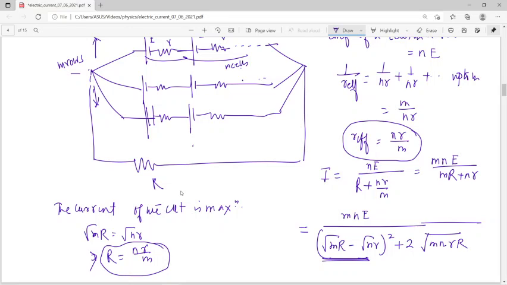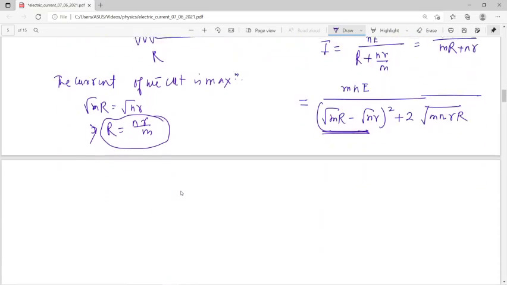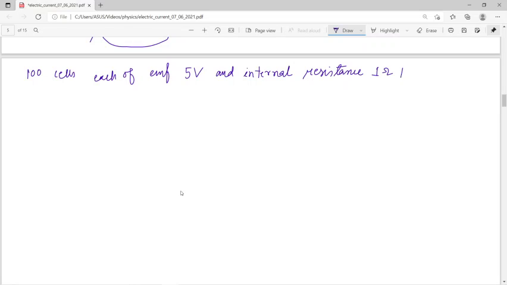There are certain questions that will come, and they should be easy. The question may come like this: 100 cells, each of EMF 5 volt and internal resistance 1 ohm, are to be arranged to produce maximum current